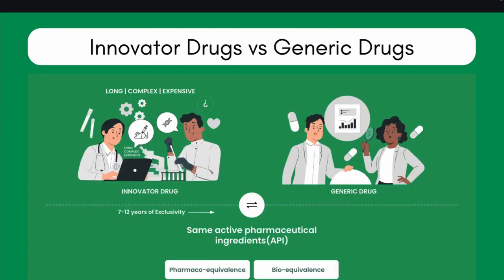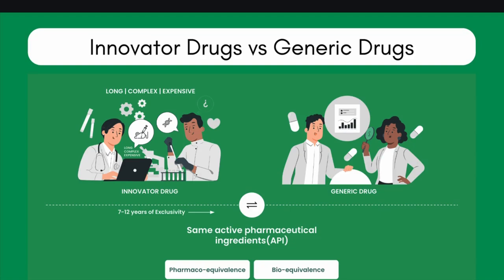So what kind of drugs are there in the market? There are majorly two types of drugs, innovator drug and generic drug. Innovator drug is basically from a company who has invented the drug. Generic drug is a copy of the innovator drug. So, very simple